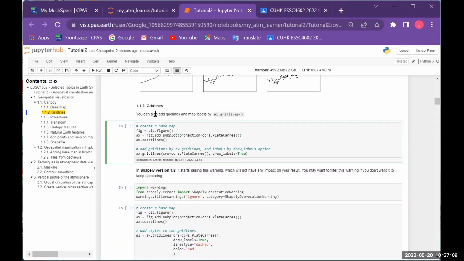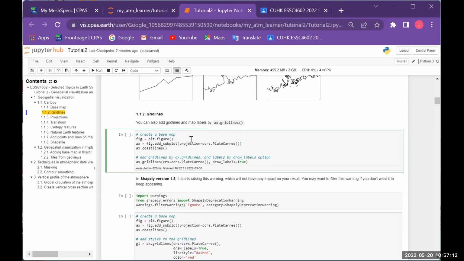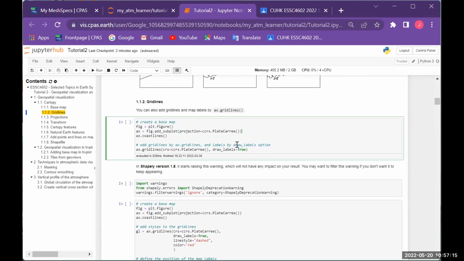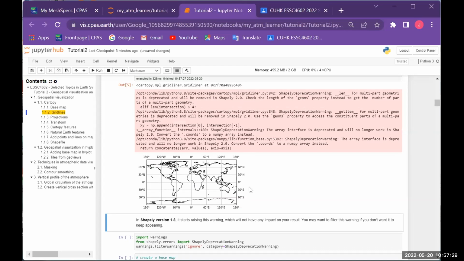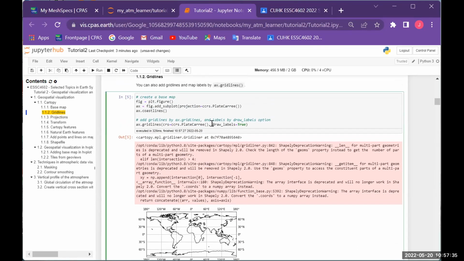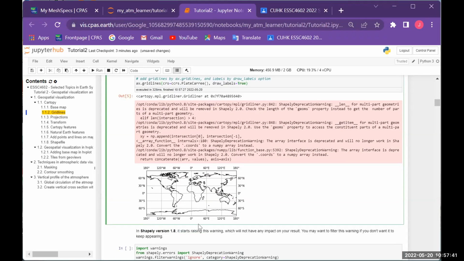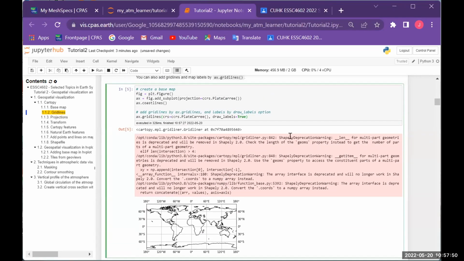Okay. So in cartopy, you can also add grid lines to your plot, like the latitude and longitude grid lines. Here I add a coastline in my plot, and then I call the gridlines function on the axis object. So I can now generate a plot like this. You can see the latitude and longitude axis here. And I also set a parameter called draw_labels equals True. It helps you to draw the longitude and latitude labels around the axis. And you can see here,